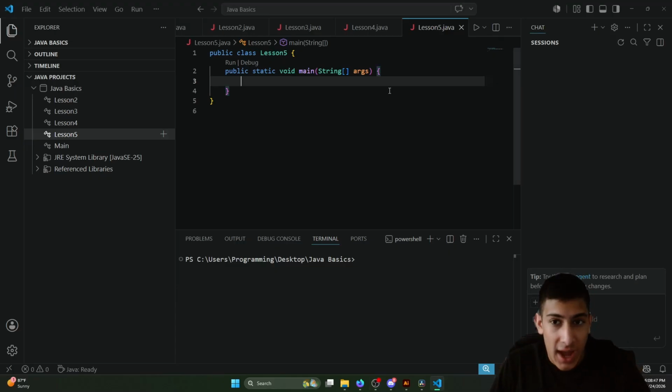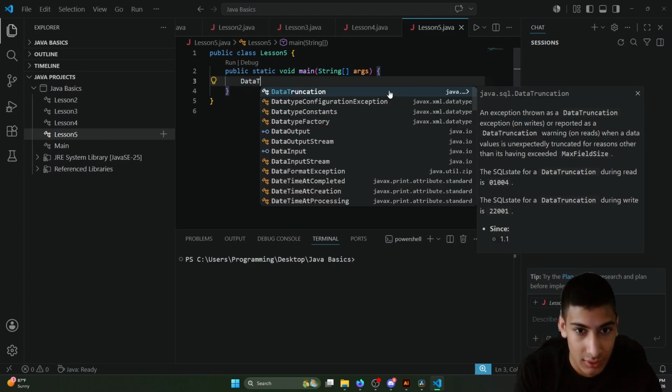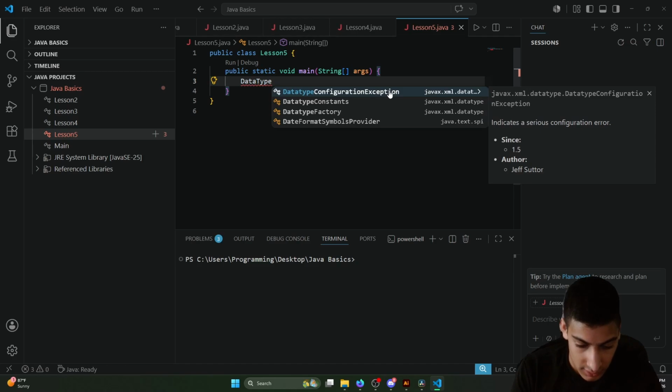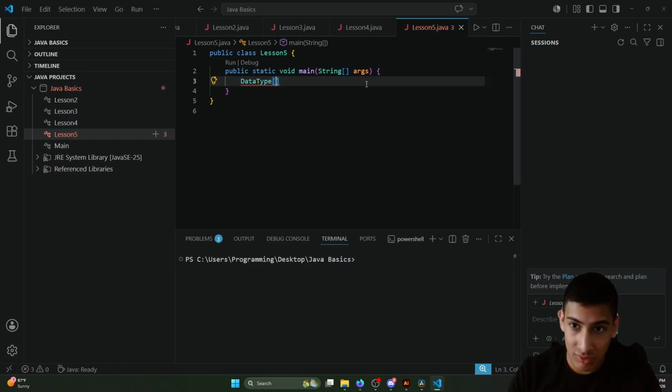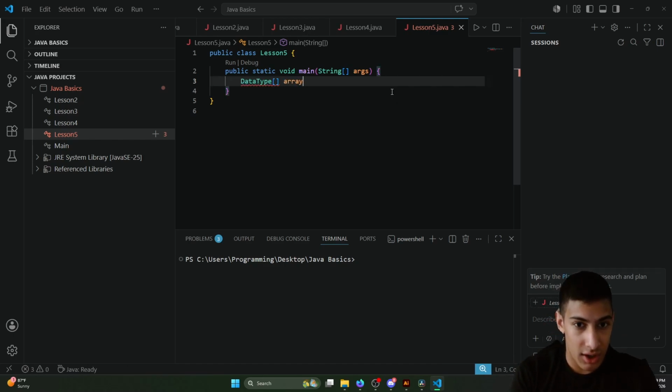So now let's start by actually creating an array. Let's say we want to create an array of a player's 3 top high scores in a video game. And so the way we create an array is firstly by giving the data type and then square brackets to show that this is an array that contains values of that data type, and then the array name, and then an equal sign, and then